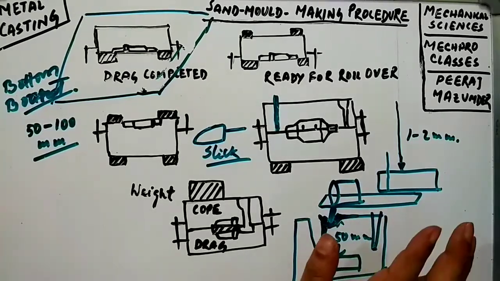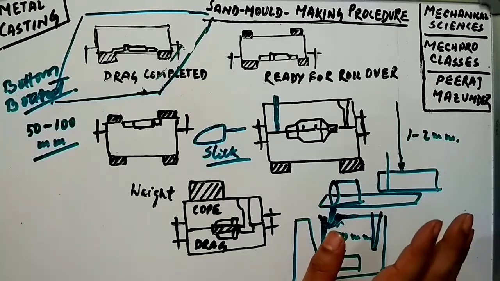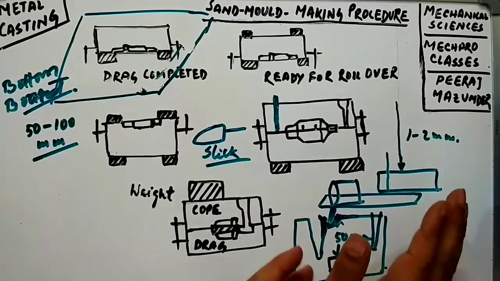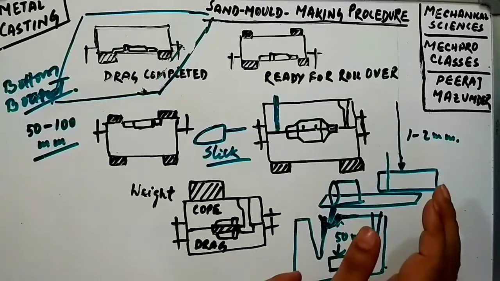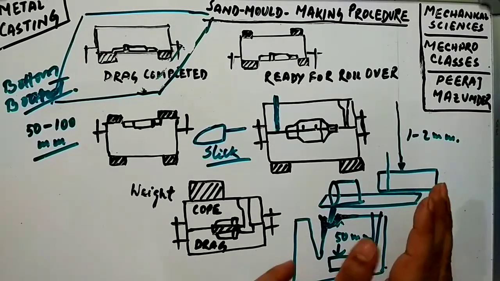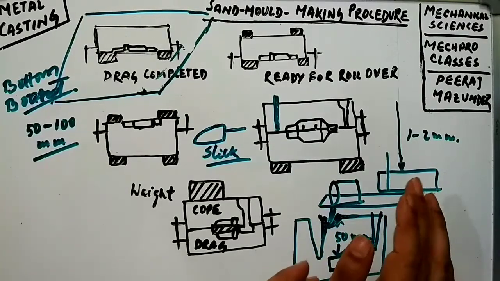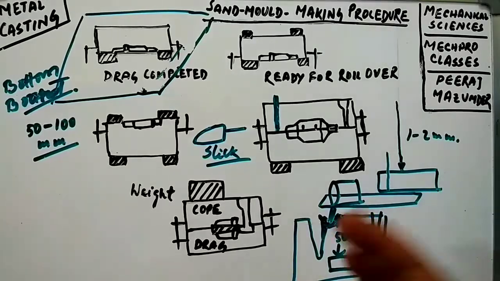So this is the pouring basin. Okay, so you have to make the pouring basin also. Now the cope has to be separated from the drag, and loose sand on the cope and drag interface of the drag is to be blown off with the help of bellows. Bellows is another